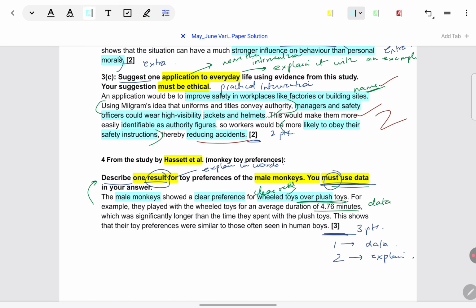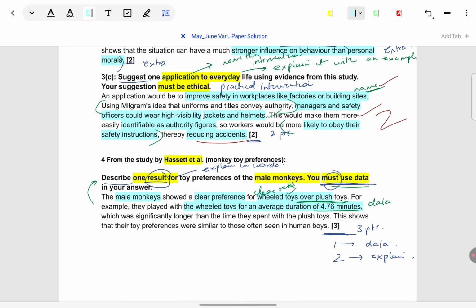Most commonly, students will complain, I cannot remember the decimal places. It's very difficult to remember 4.76. Can I write 5? You can write approximately 5. They do have a margin that they excuse, and usually the margin is 0.5 up or down from the actual result. So here you can write approximately 5.